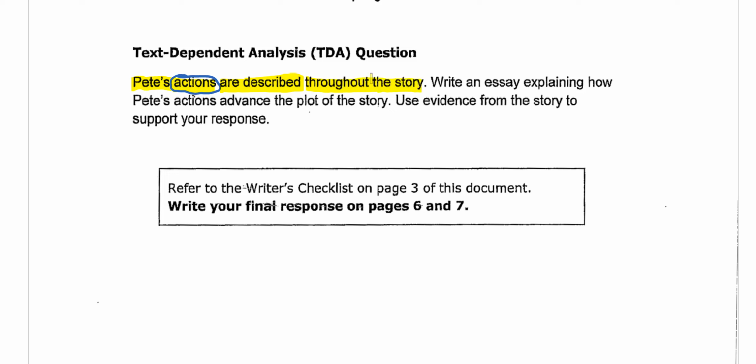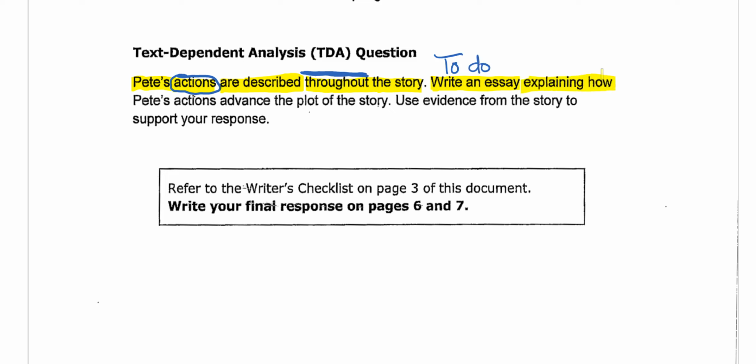And I hope that you're thinking, because it says throughout, ooh, we're going to put a line somewhere in there, a timeline, as part of our strategy for thinking about how we're going to mark the story. And then it says we're going to write an essay, and this is what we're going to do. It's just a reminder of what we have to do,